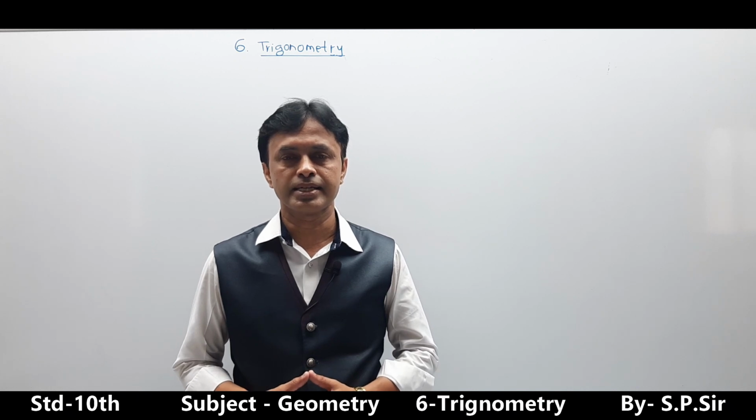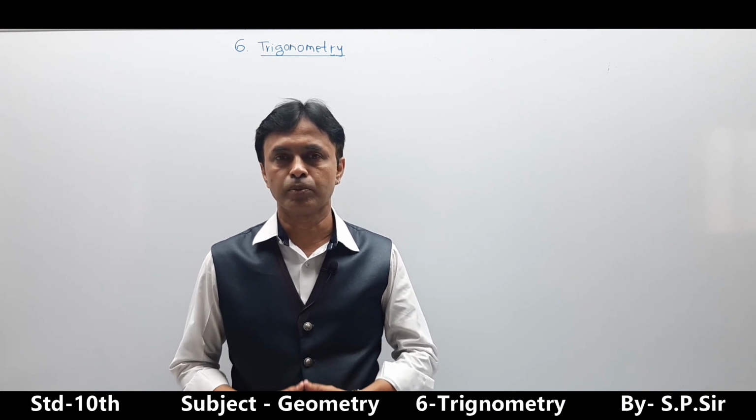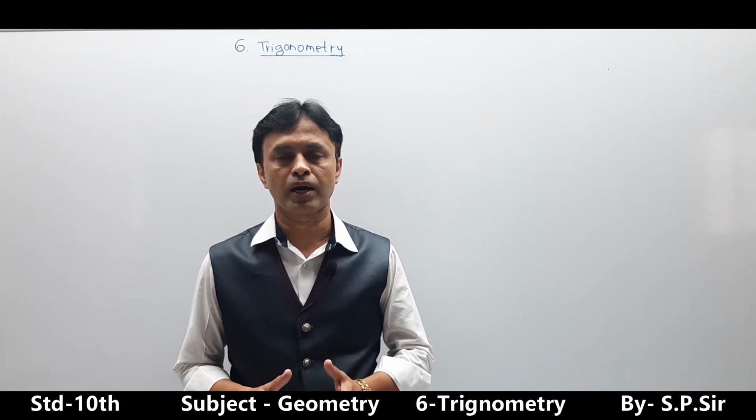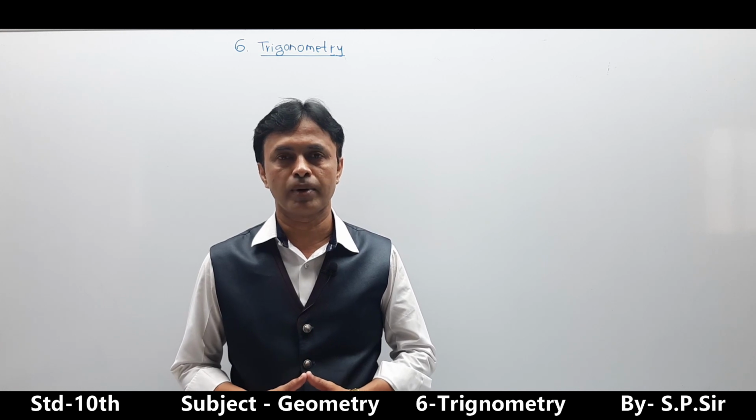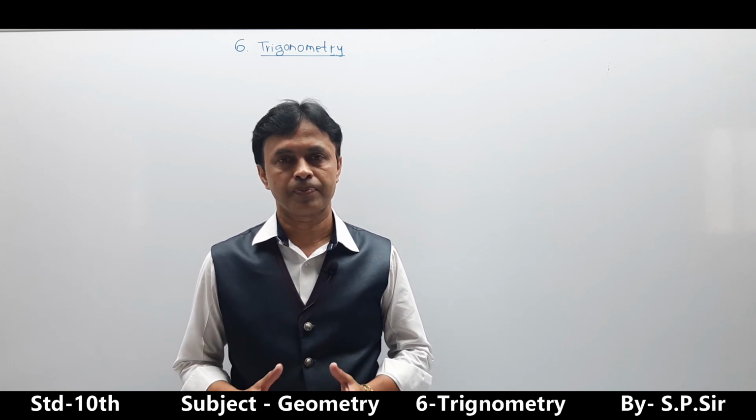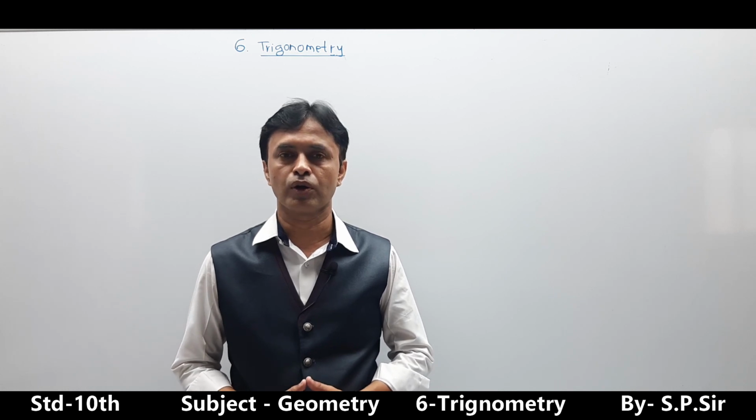Basically a triangle contains three sides. Some nomenclature is given according to the respective angle theta and formulas are derived, and it contains both the numerical part as well as the formula and implementation of the formula into the numerical. In this way we are going to complete the part. At the same time we have provided you formula books. Use them continuously so that this chapter becomes ideal for you and you can easily solve all the numericals.